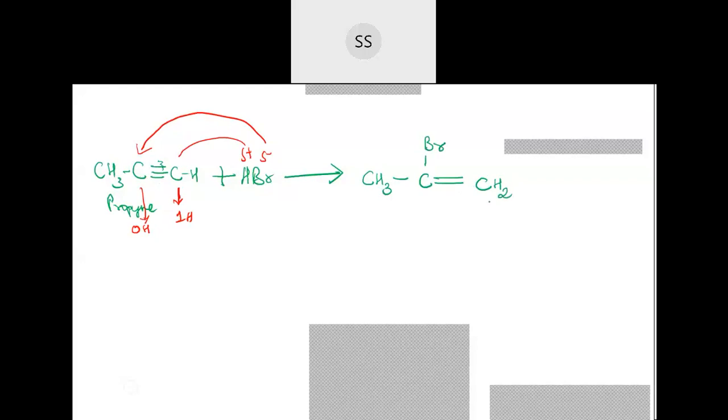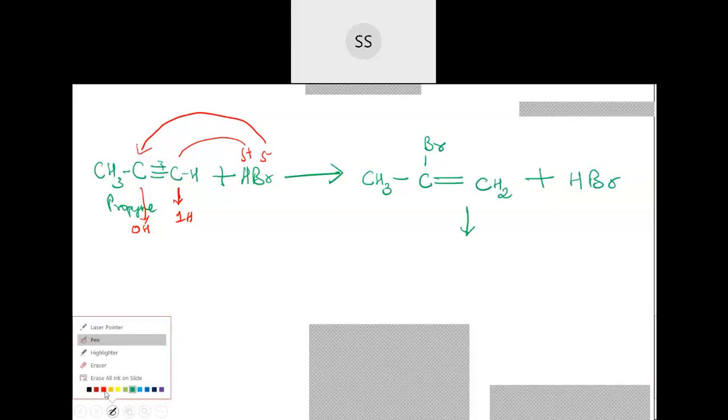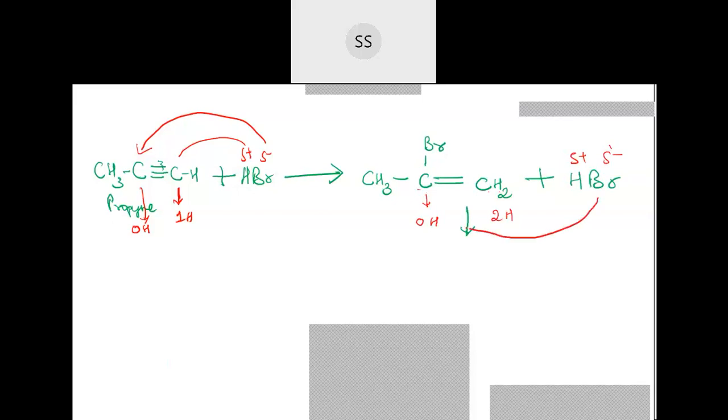Okay, done. Now further you can make the reaction. Further, if I make them react with another HBr, again break them down, H+ and Br-. Again you count. Across the double bond, I have here 0 hydrogen and here I am having 2 hydrogen. So again the negative part should go to the carbon having less number of hydrogen and the positive should go to the carbon having more number of hydrogen.